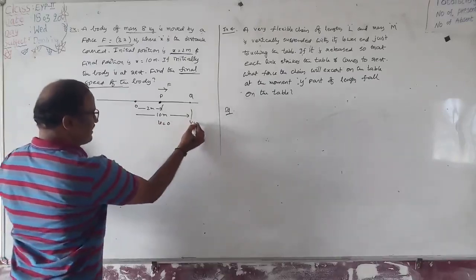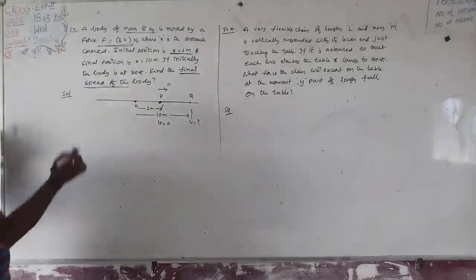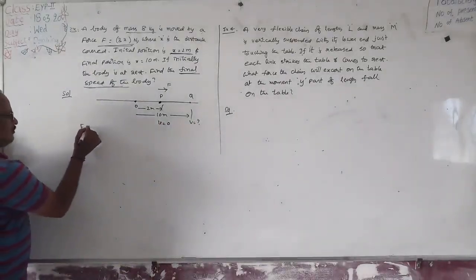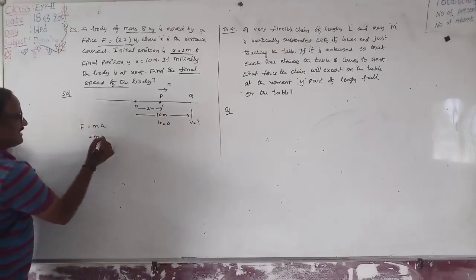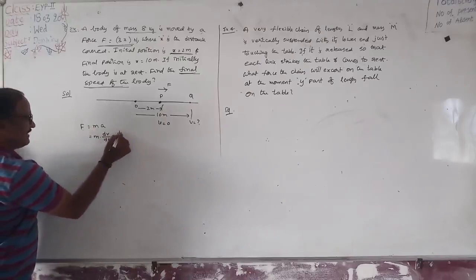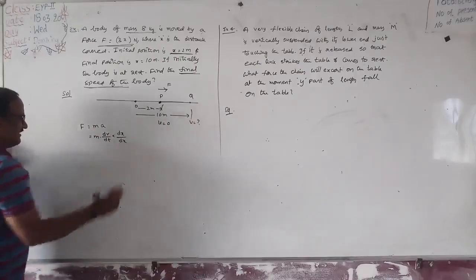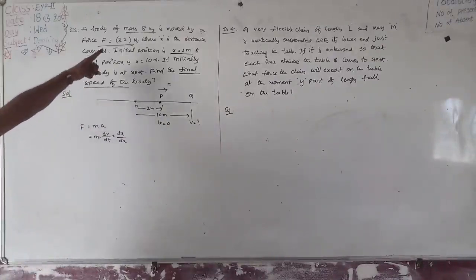We will calculate the value of v. Same formula, similar problem to the one we just did. From Newton's second law, F equals ma. Here m into a is replaced by dv by dt. For our convenience it is multiplied with dx and divided by dx, because force is in terms of displacement,